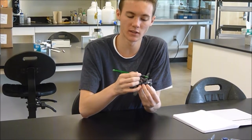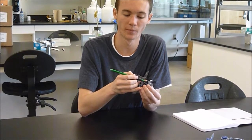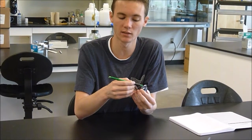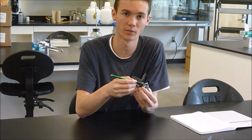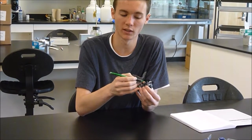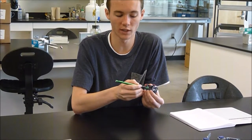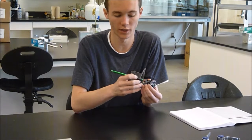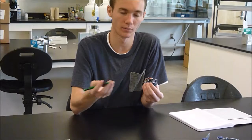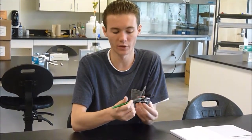Now, since these infrared LEDs are controlled by this chip, the power would normally come directly from the chip, but these LEDs require a far greater supply of power than this chip can output. So instead of going directly to the LEDs, the chip talks to these transistors here. What these transistors do is they're like electronic switches that, when they receive power or get put to ground, put the power from the batteries directly to the LEDs,